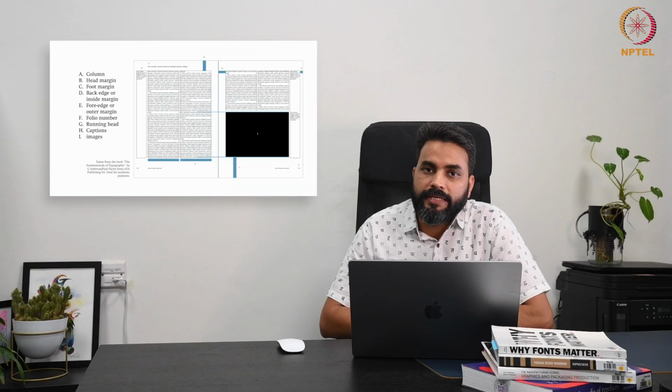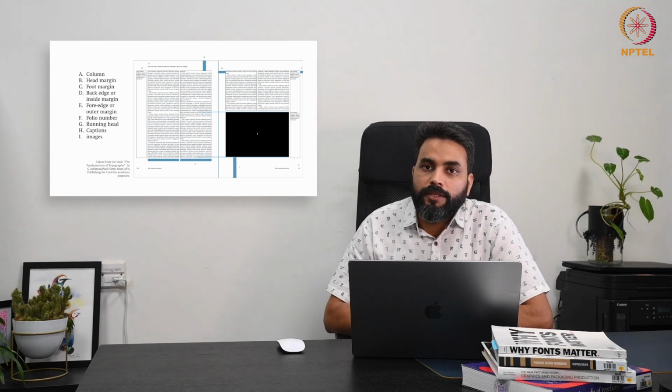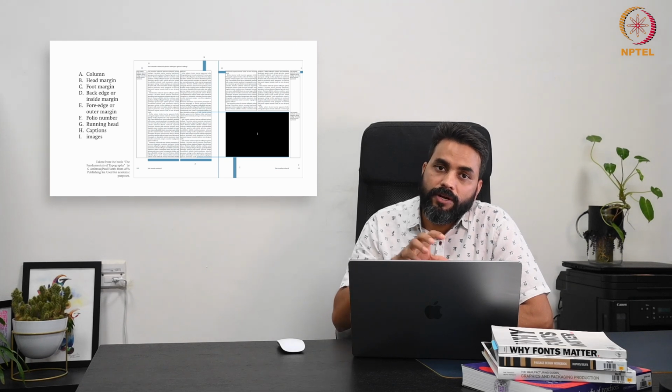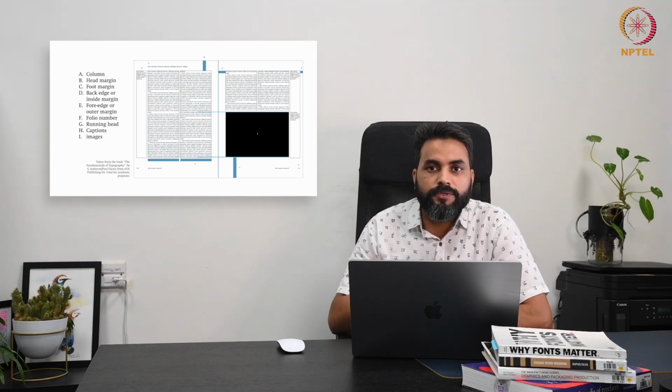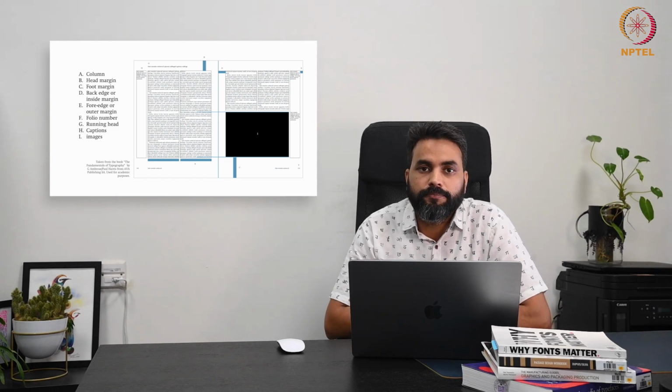For any publication, text is an important part, but the text must work together with many other elements in the design. The primary way a designer organizes all this information is by using a certain grid system.